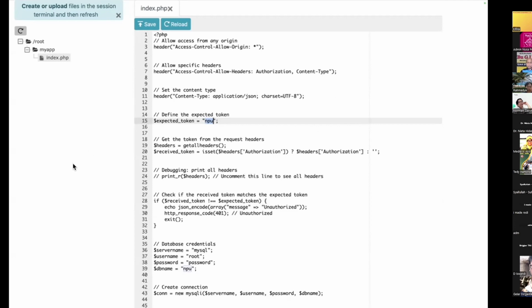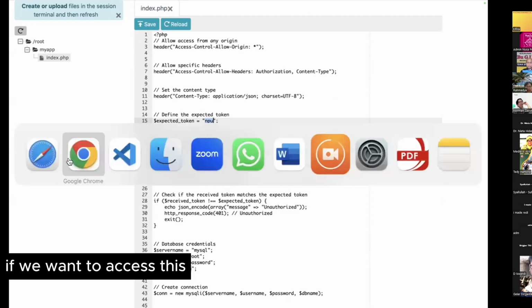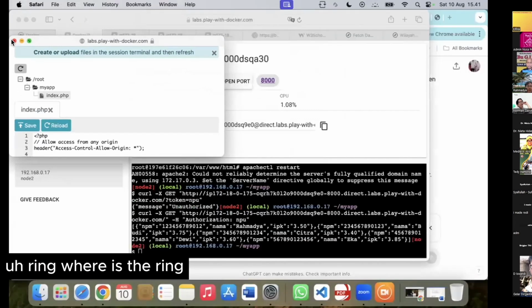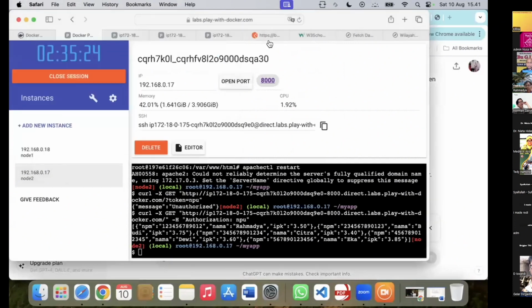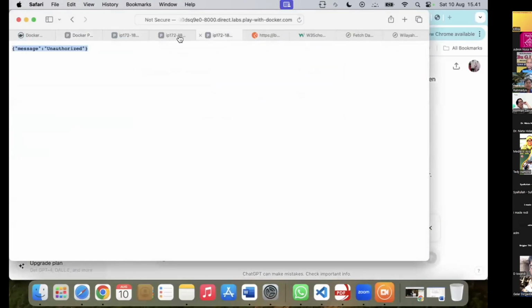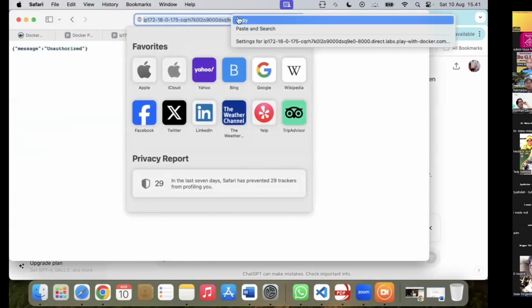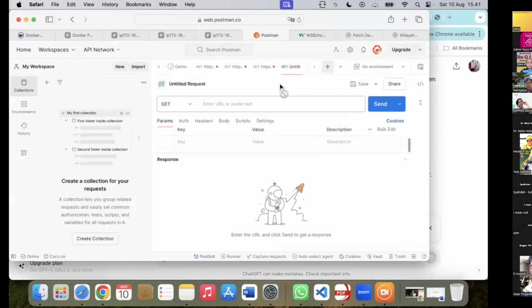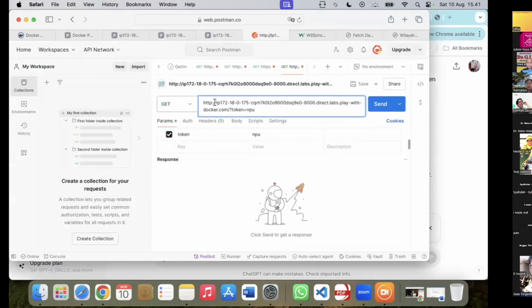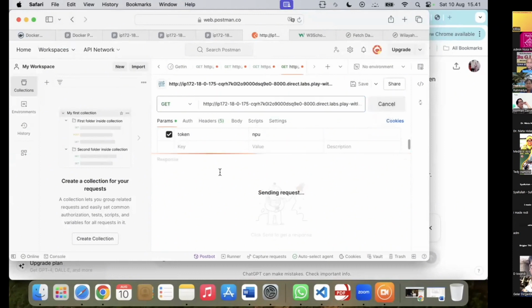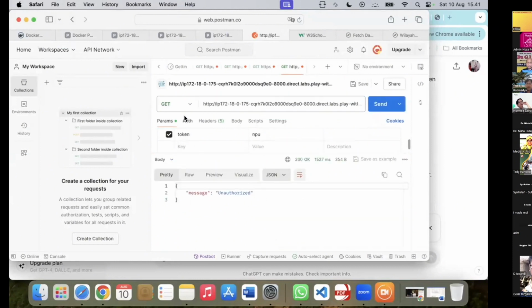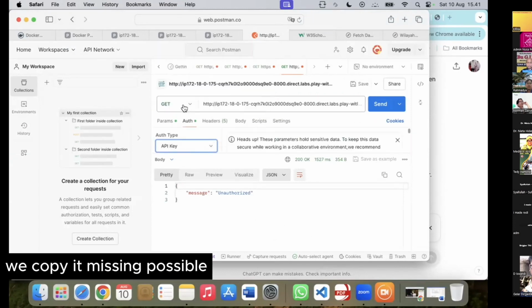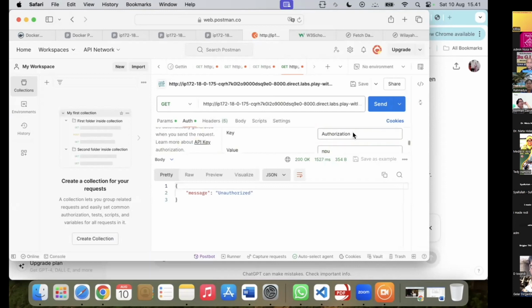So if we want to access this link, where is the link? Oh, at the IP address. For example, we copy it using Postman.